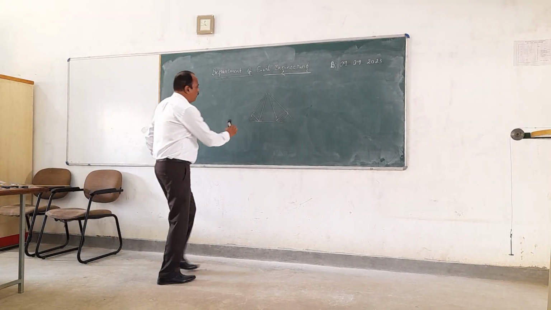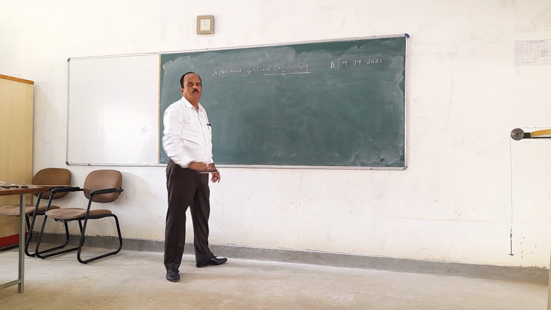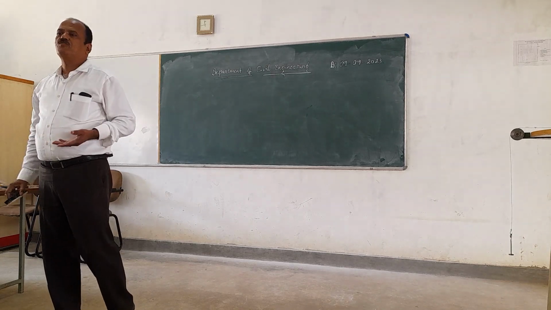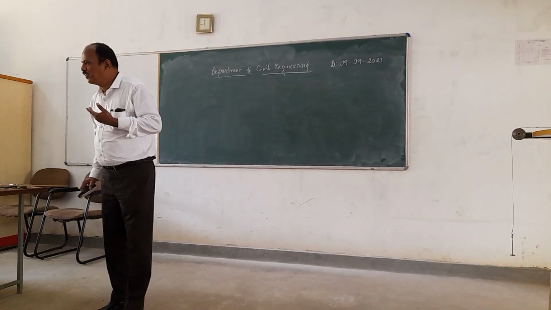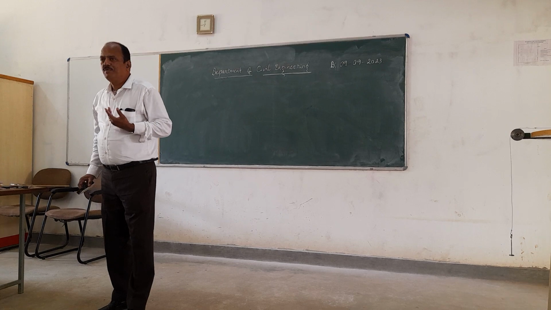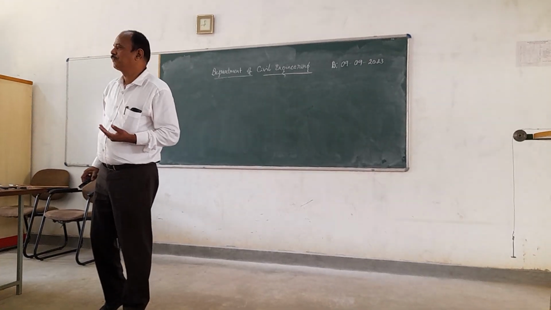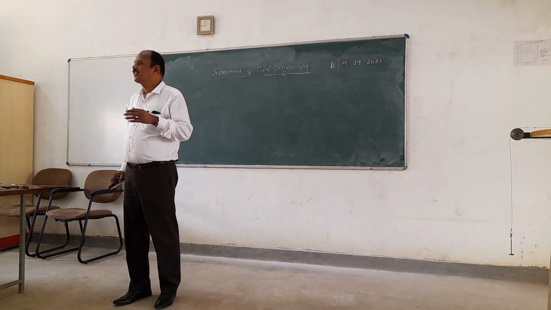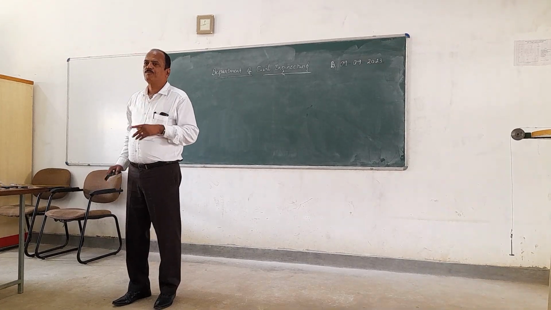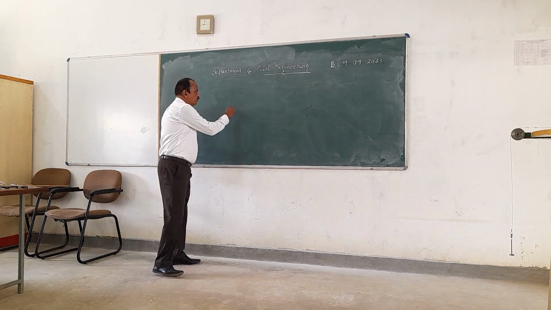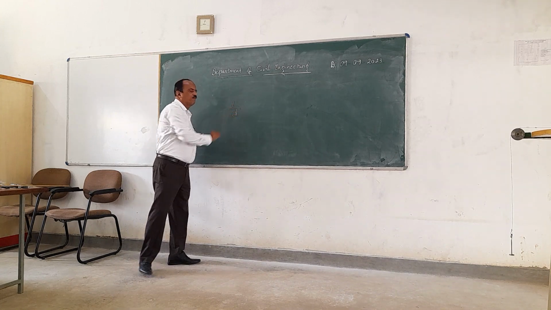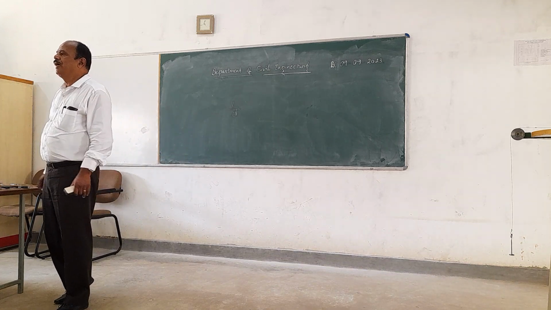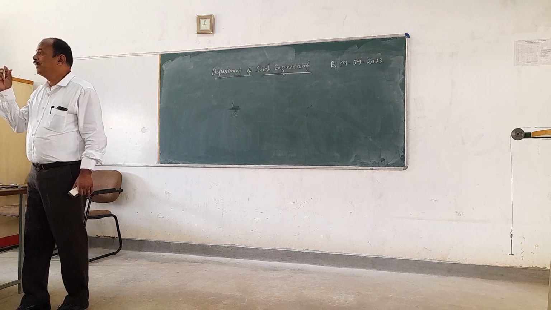Now, how are we going to differentiate a column into a long as well as a short column? On what basis are we going to differentiate? That mainly depends upon the L by D ratio. Whether it is a long column or a short column mainly depends upon what we call the L by D ratio. What is L? L is nothing but the length of the particular member, or height of the member, and D